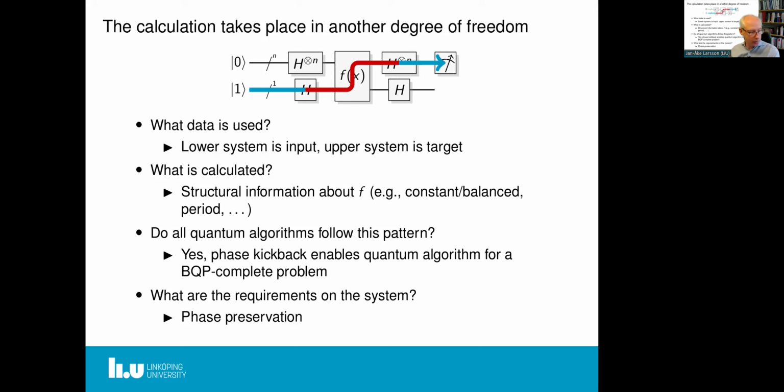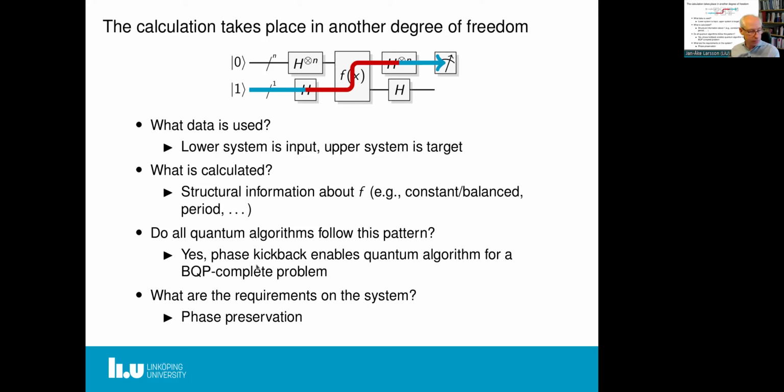What is calculated? Well, in this case, it's clear. It's whether the function is constant or balanced. Structural information about f. Do all quantum algorithms follow this pattern? The answer is yes. There's a theorem by my PhD student that says phase kickback, the same identity that we